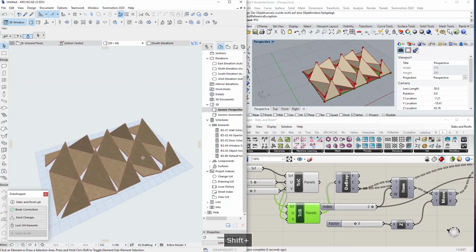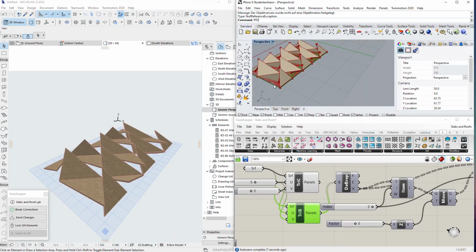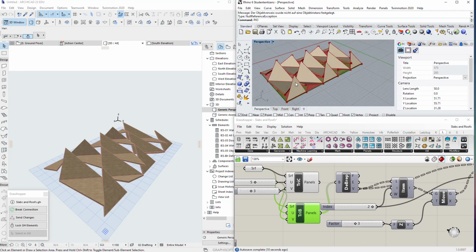It's a fun project to do and to learn, and to see how we can implement roofs in the Archicad-Grasshopper live